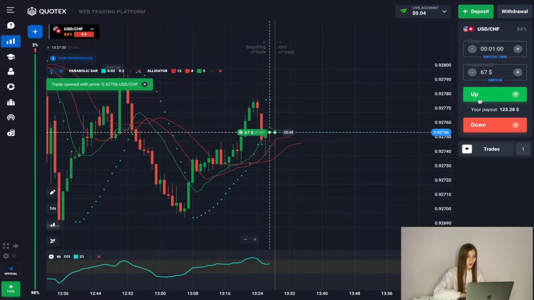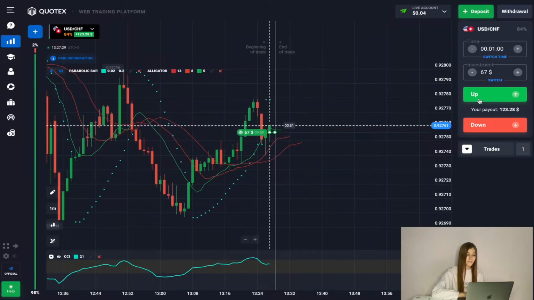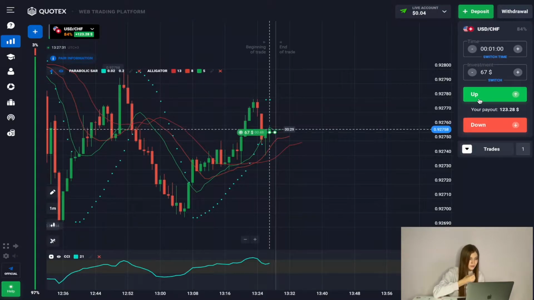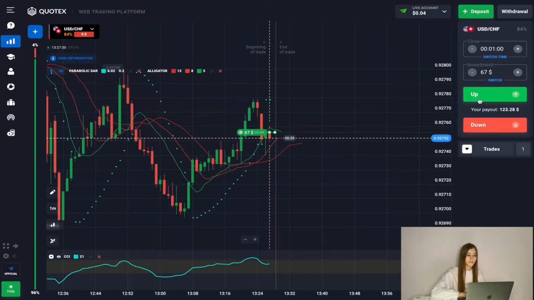So let's open our deal for an increase in the price. Now we see that all the support and resistance lines are formed from where the price is pushing off. We also see that we have a progressive movement on the moving average for the uptrend of our movement. So now we can say with confidence that we will have a green candle,